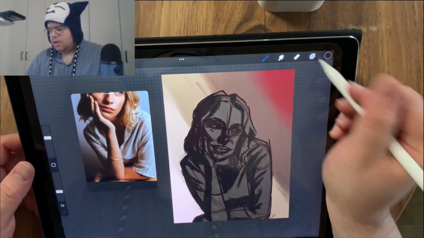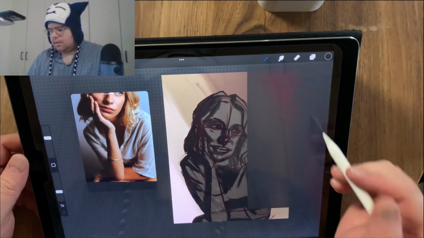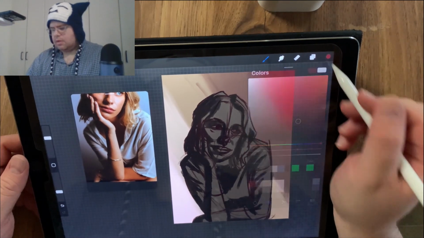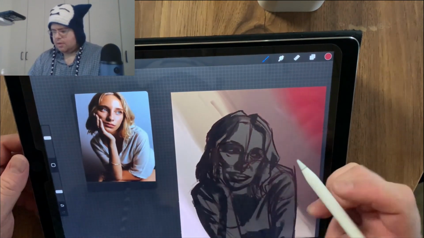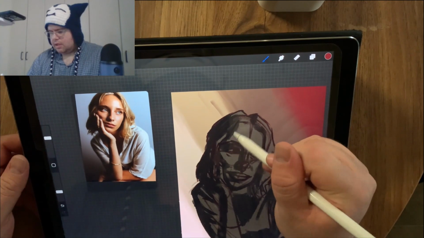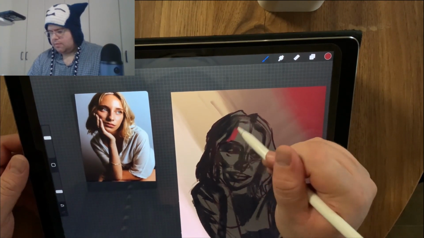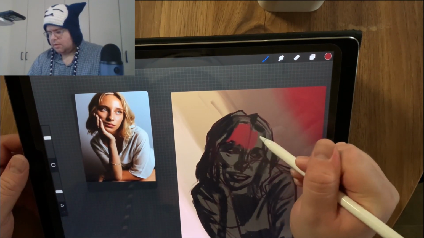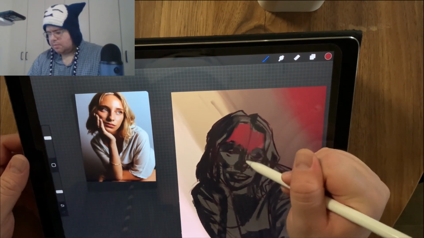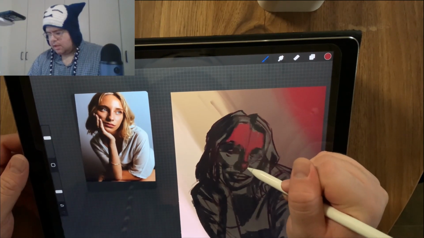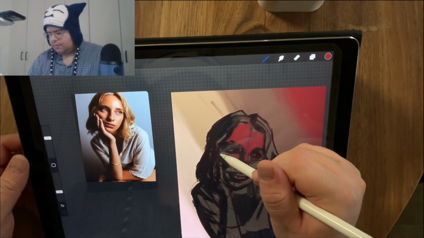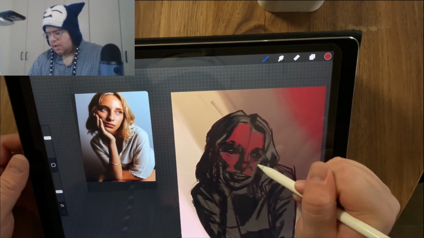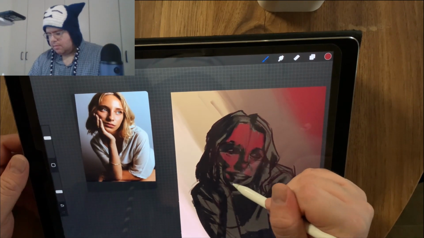Okay. Now we're going to add our basic lights. I'm going to keep here. Let's go weird. Let's go red for this. So we're getting, there we go. We're just filling in basically everything that's not shadow at this point, because we're going to add stuff in later. And we'll probably come back with this red to redden up the nose and stuff, but